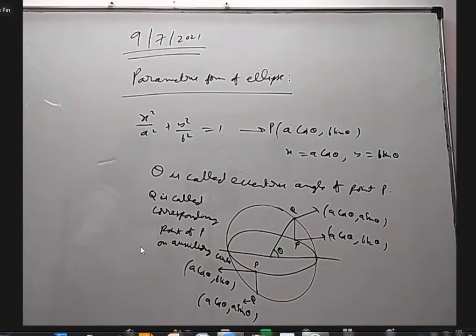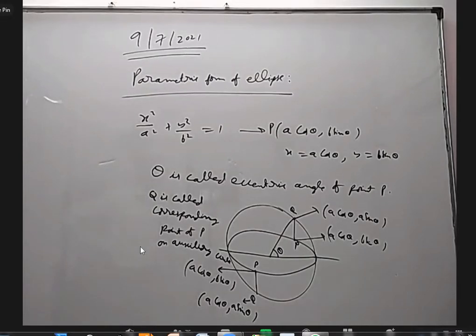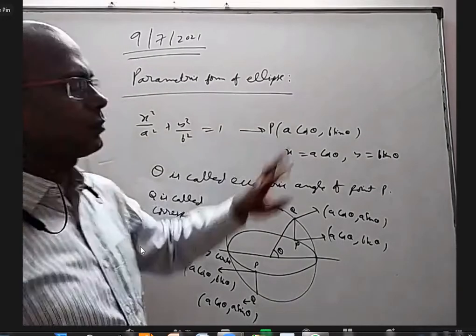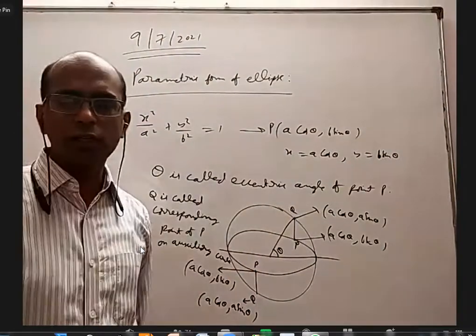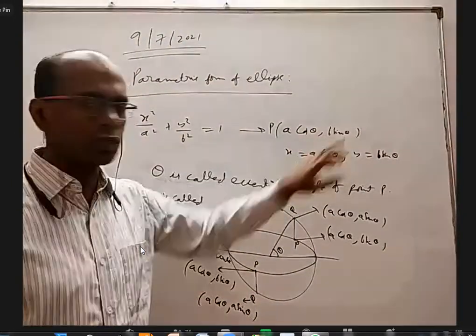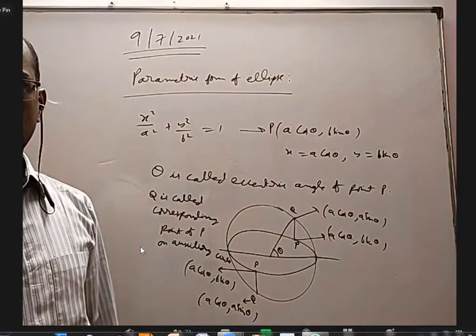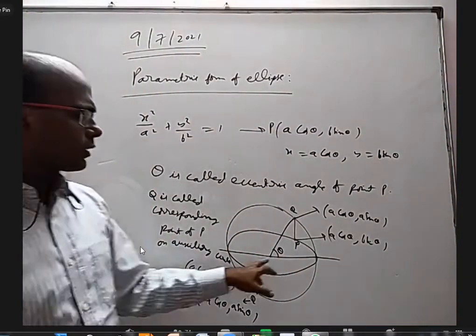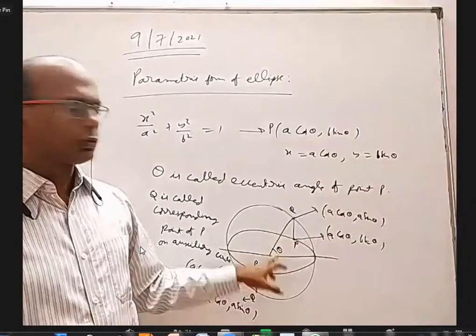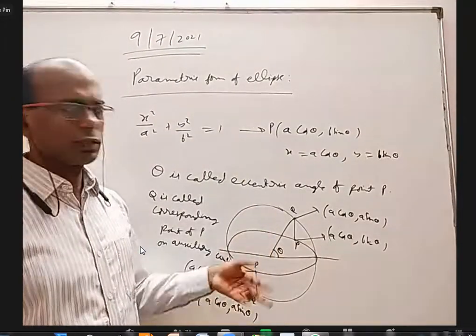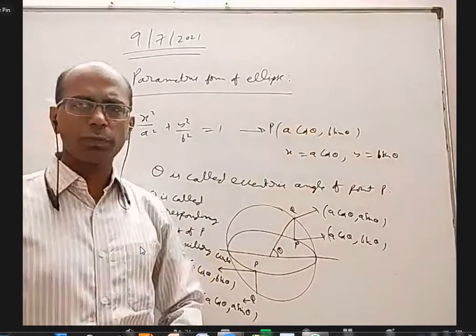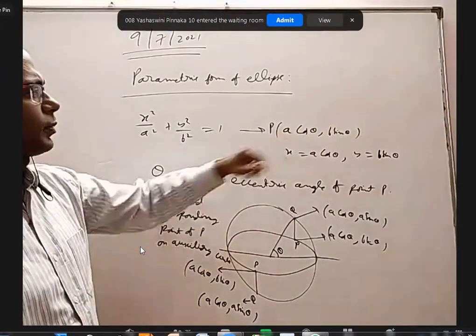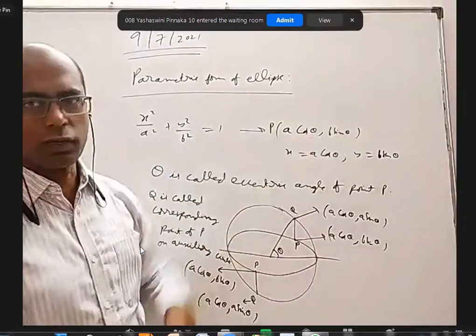Like in parabola, we have at square comma 2at as the general point. Circle we have r cos theta comma r sin theta. Like that in ellipse, a cos theta comma b sin theta. One may ask, why not take a sin theta comma b cos theta? You can take sin here, cos here also, right? Yeah, you can, nothing wrong. Then it is the angle made with the normal. Instead of this, you will write with this. So why are all the formulas based on this? I can make it sin and cos also. Yes, we can make it. Just some people were born before us, they told us to take cos and sin. That's all.